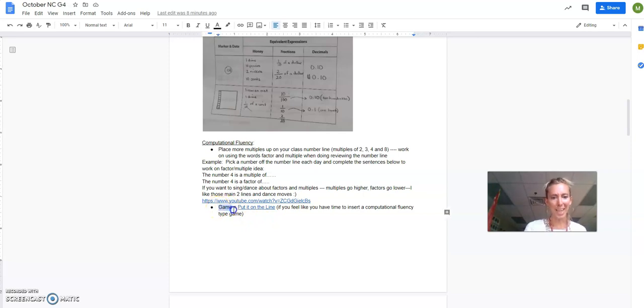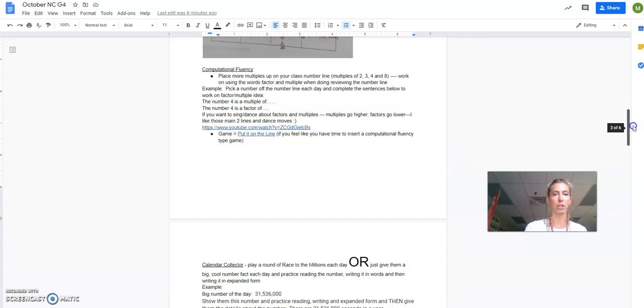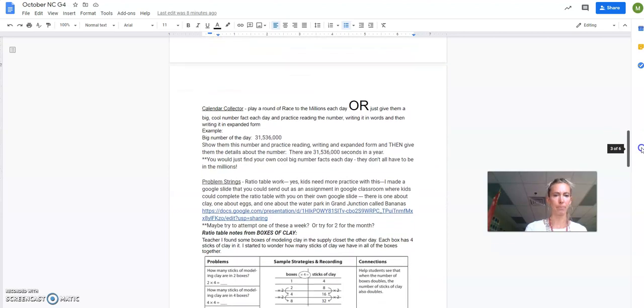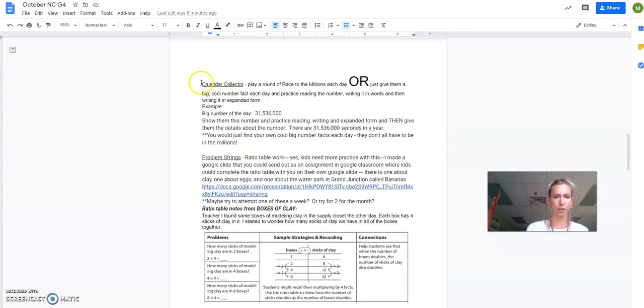There is also a game that you may remember from the past called Put It on the Line that practices just computational fluency in general. So if you're interested in incorporating a game and you feel like you have time, go for it. The link is there. Calendar collector. This one was not one that was in bold up there, but I feel like it could be a fun